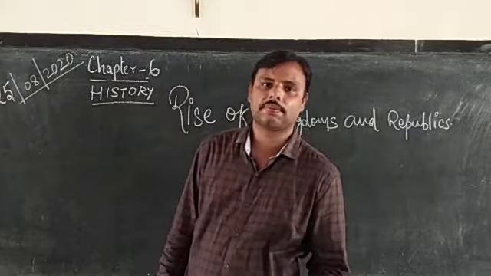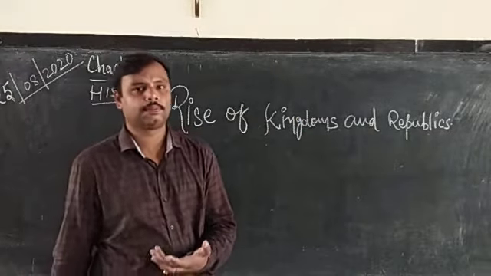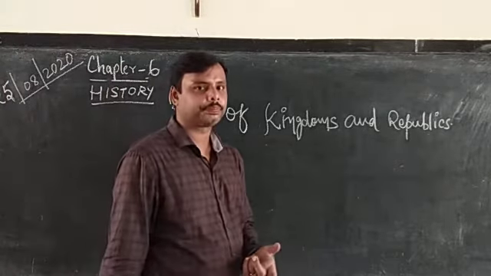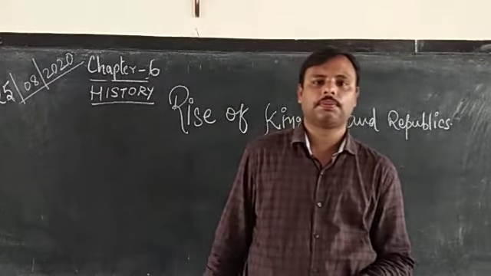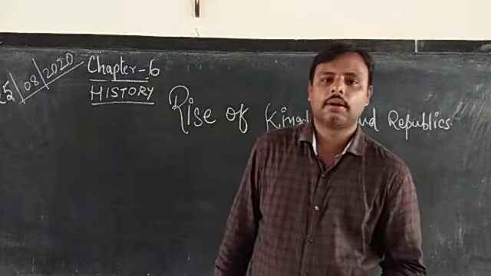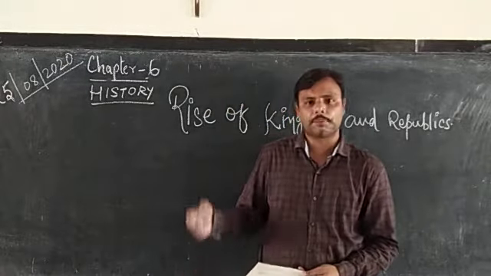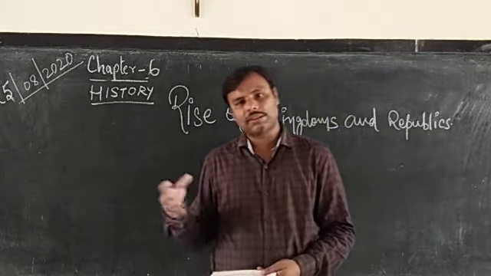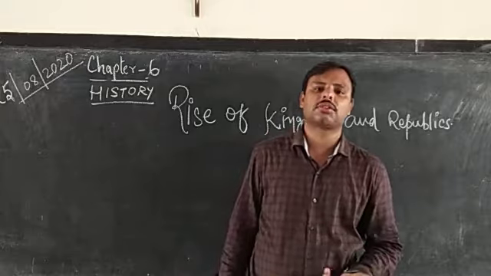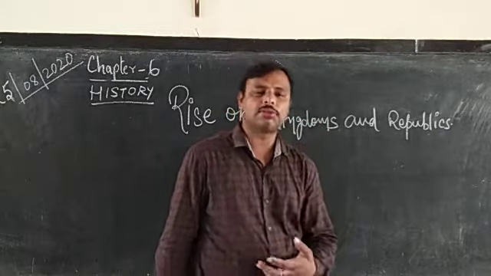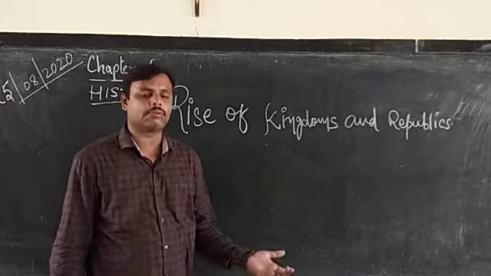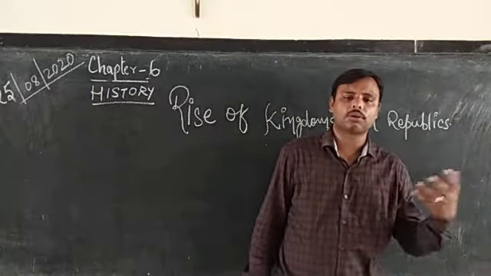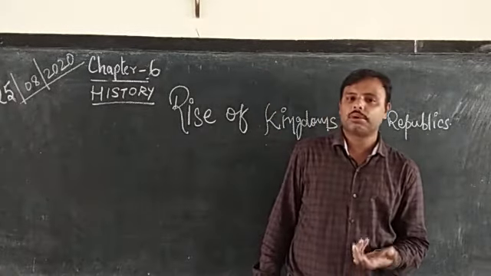How did the kingdom rise? How did the kings flourish? How did they make use of different tools for their survival? And how was the republic system? Where were the republic policies followed or the monarchy system followed? What were their sources of earning and what were the different works that they performed? What was the duty of a king, and how was he represented by his subjects, what was he called? All these details we are going to see in this chapter.